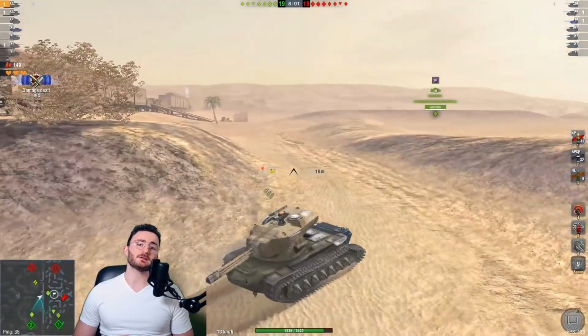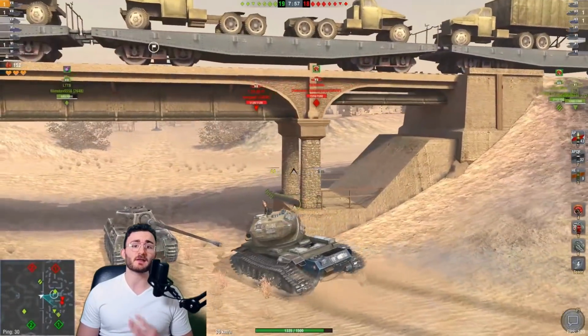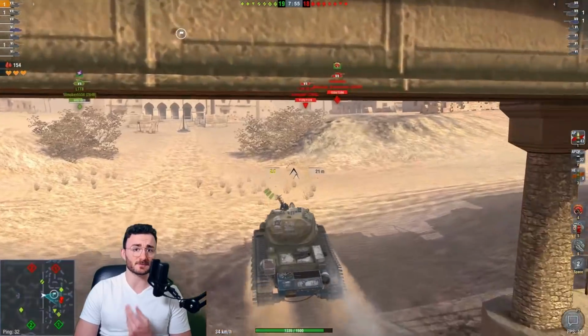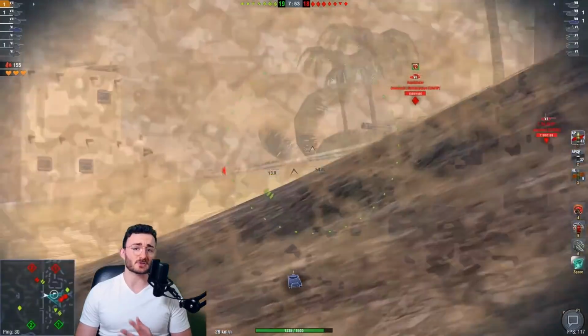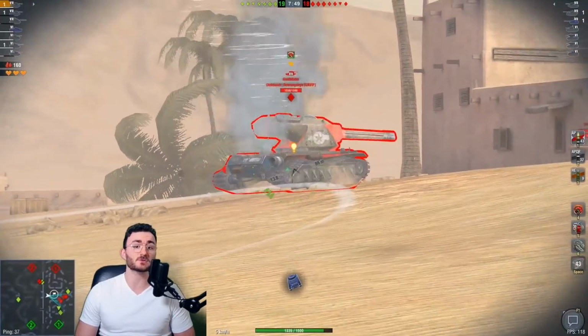Basically, for those of you who didn't have the pleasure of playing during the Halloween event, the Annihilator is a tier 7 tank that was available during a kind of battle pass for 10 euros. You had to grind, and you could actually grind, not free to play. If you wanted the tank, you had to pay 10 euros, but for 10 euros, you could get your hands